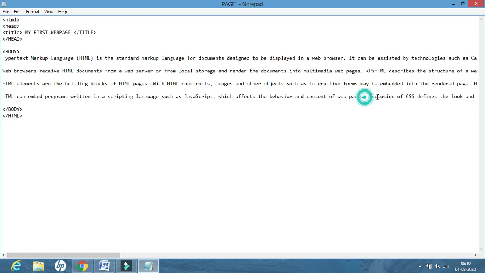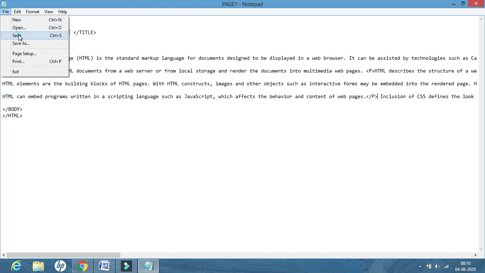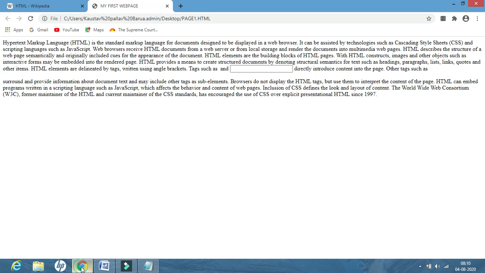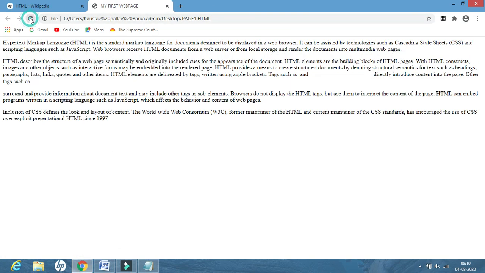It means suppose here I want to end the paragraph. So I am closing the paragraph tag here. Save, open the Chrome, refresh and see. Is it clear?